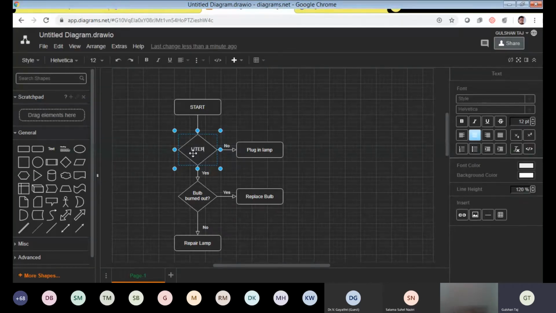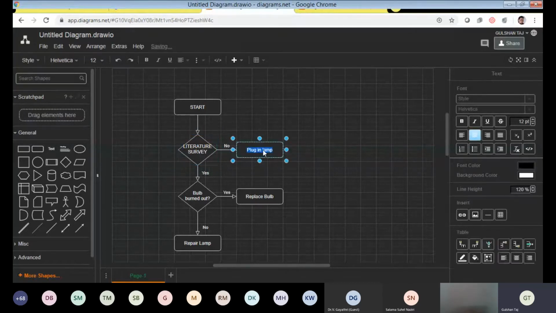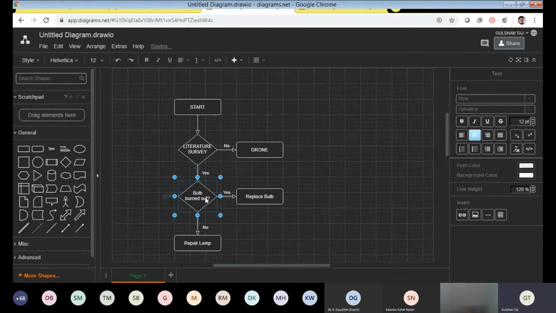literature survey. So I am giving literature survey. And the third one, I am giving something I want to give. Whatever you want, you can edit. You just have to double click on that. Otherwise you can select. Anything is possible. If you double click on that, you can enter methodology, sample, whatever you wish and whatever you want for your journal paper.